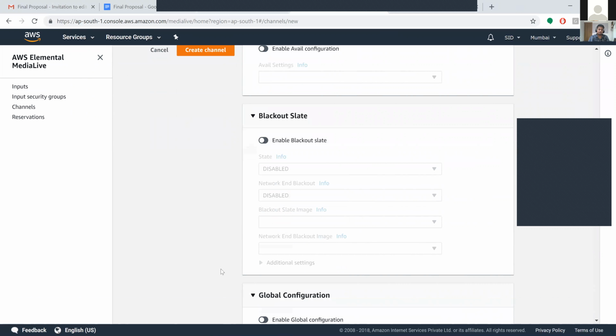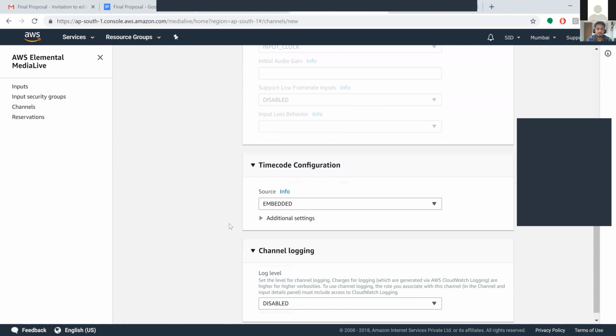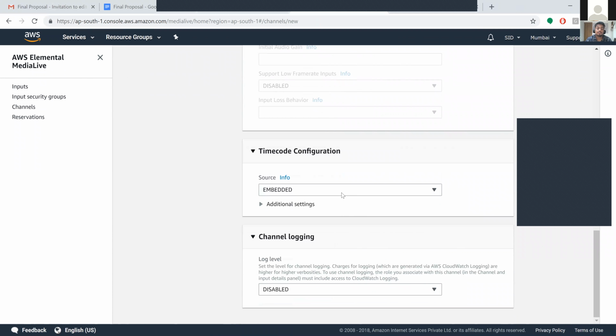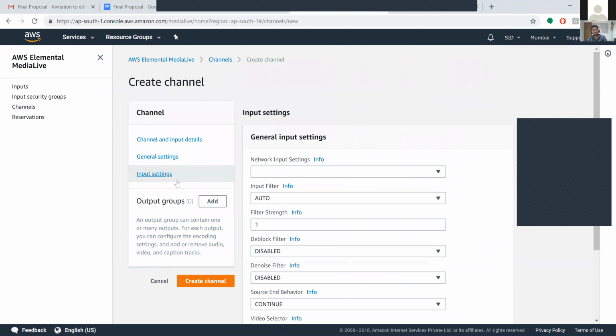For the global configuration, it's the same. By default all these are disabled, and if you want them, you have to enable them and give the input information based on the application. For the timecode configuration, we have embedded, system clock and zero based. For channel logging, the log level is disabled, but you can change it based on the requirement. These are the general input settings.